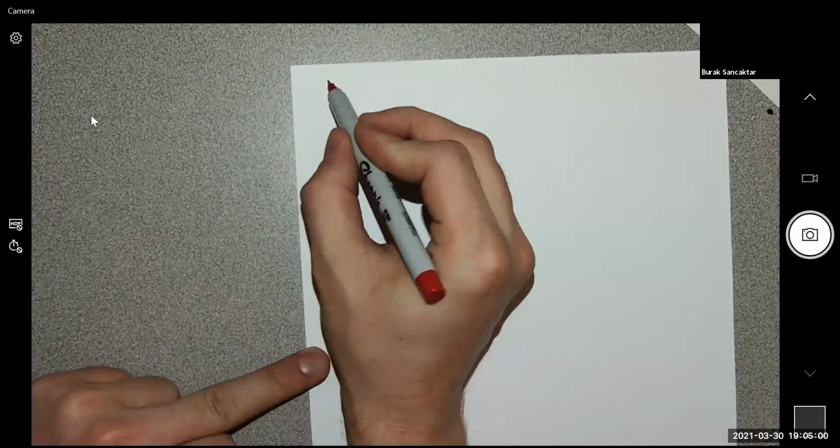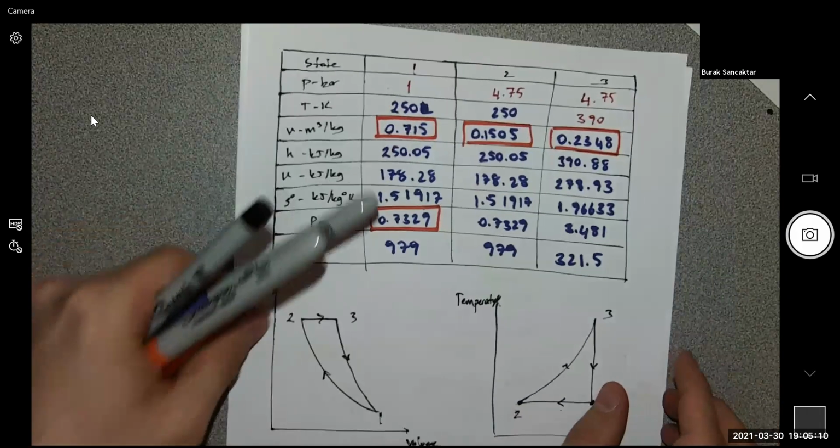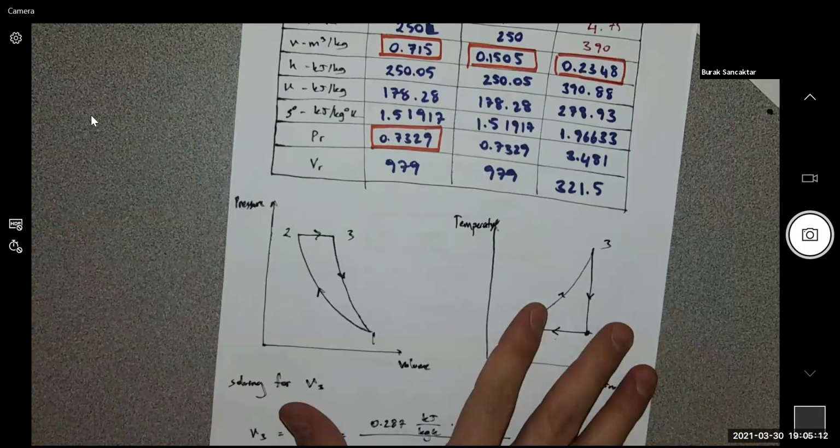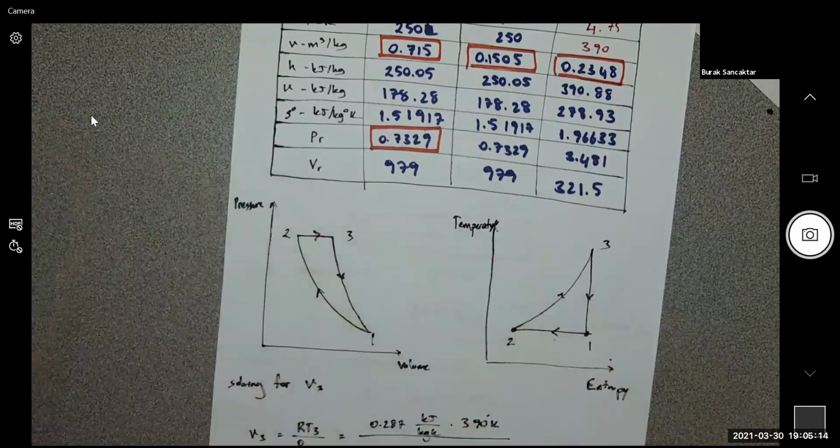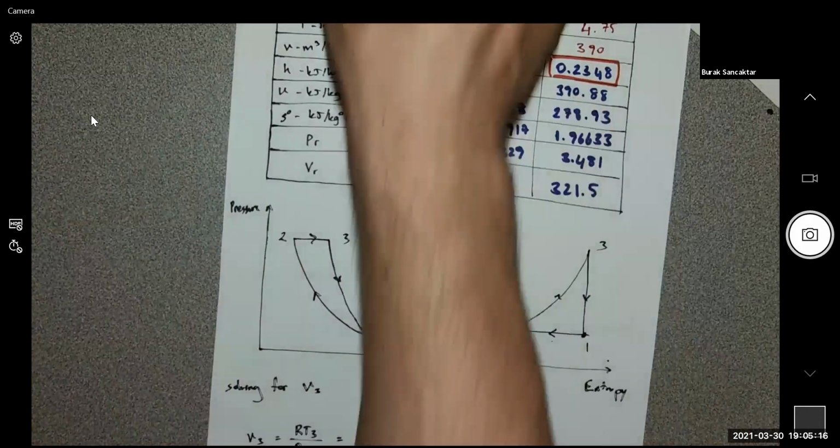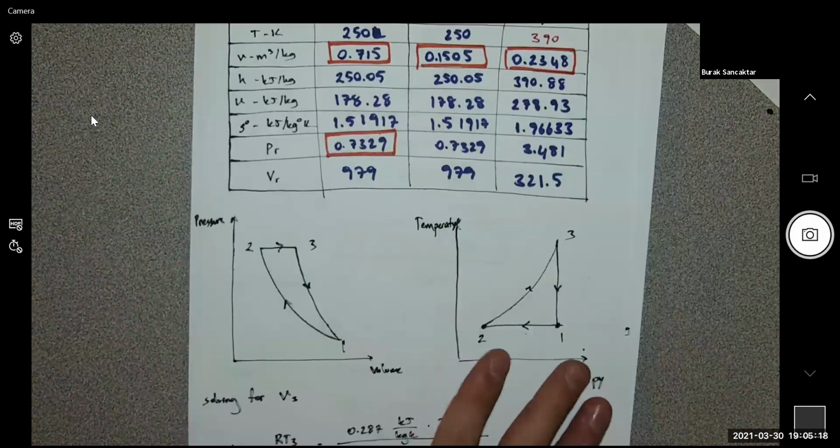Okay. Cycle. So if we go back to our diagrams, right? Now I have everything. Before going forward, I need to determine my